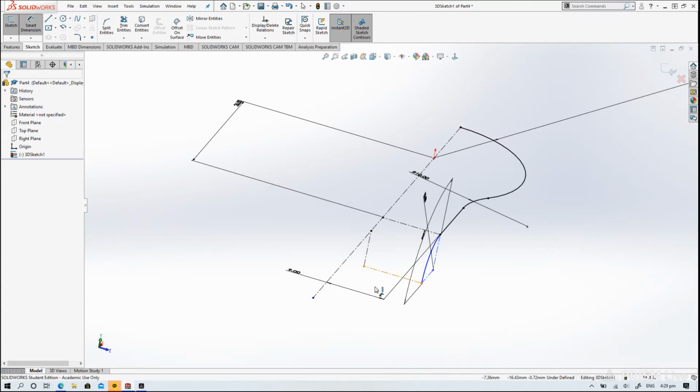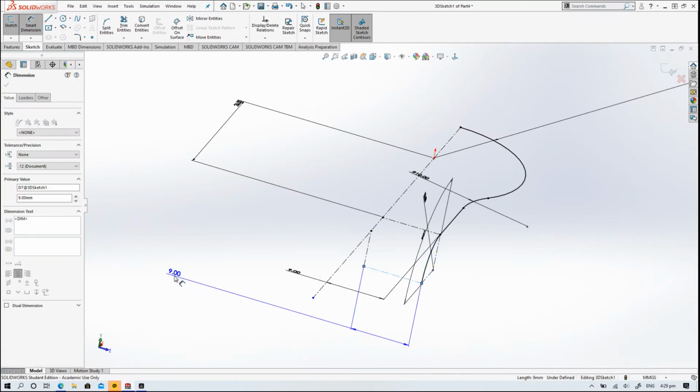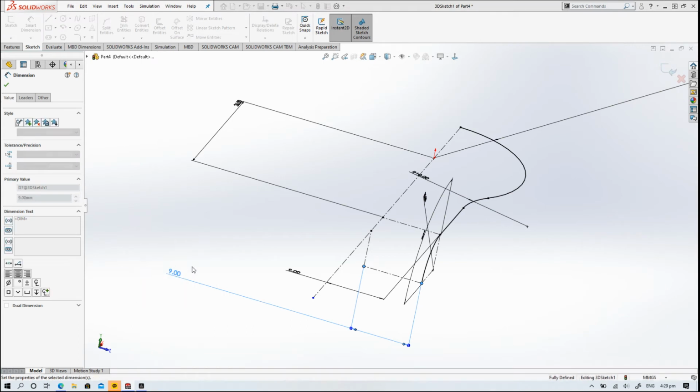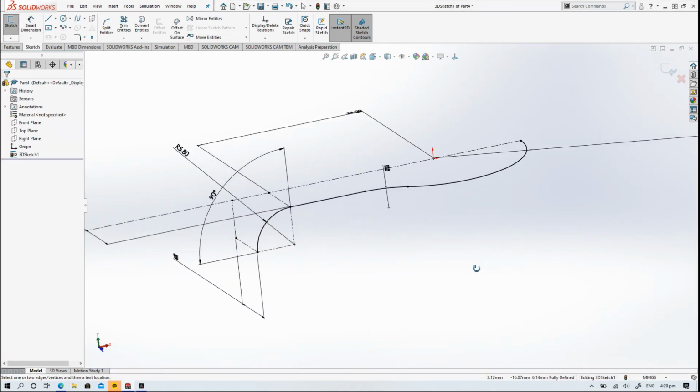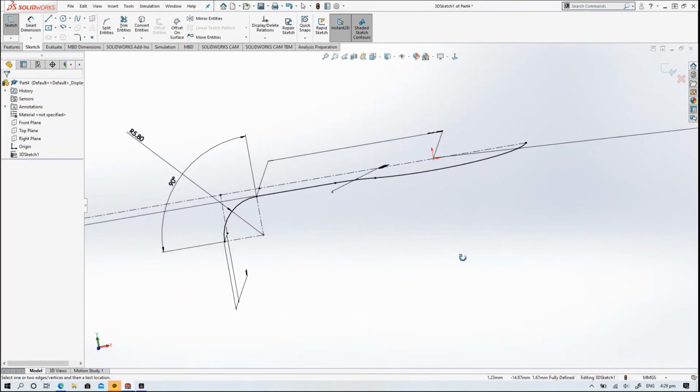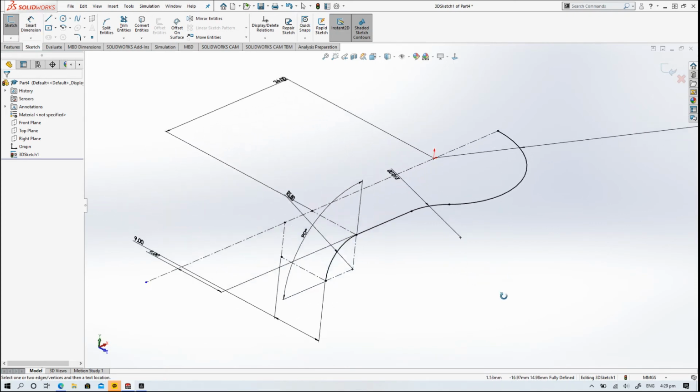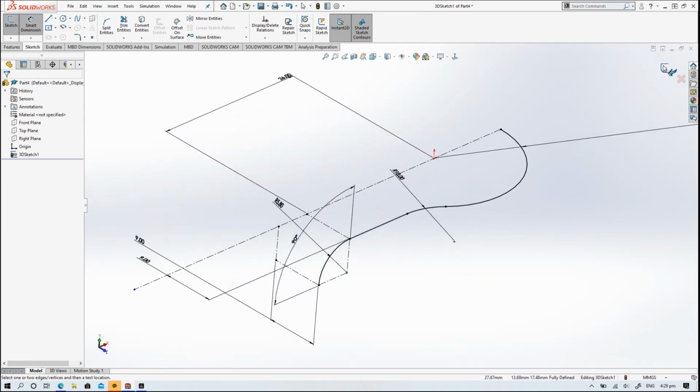It's coincident. Once that's done, move out of sketch,